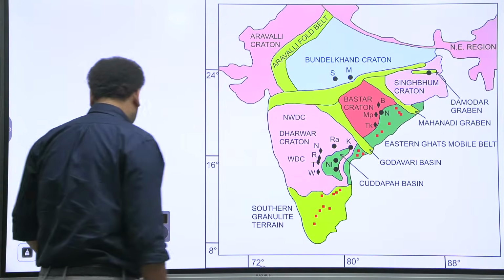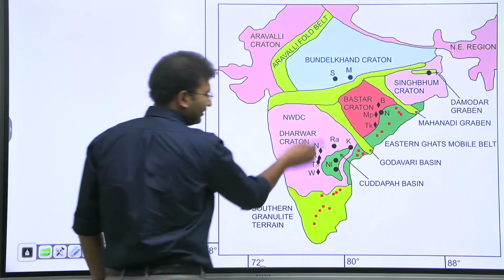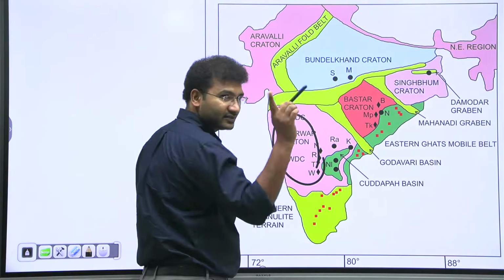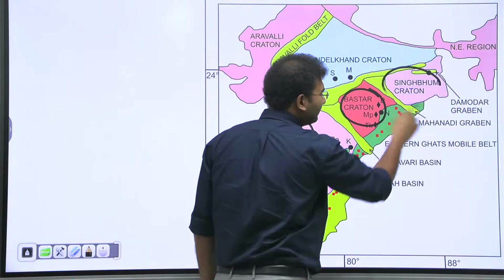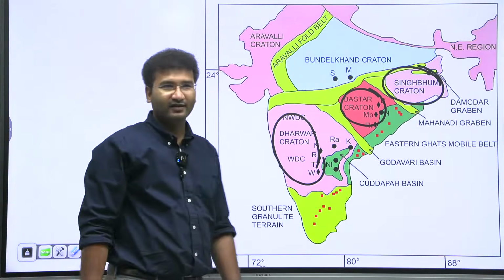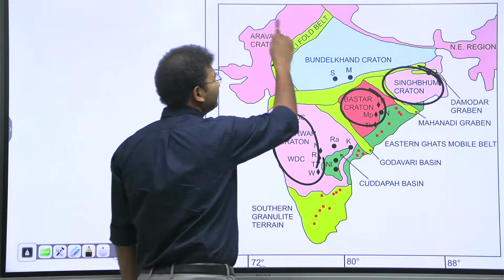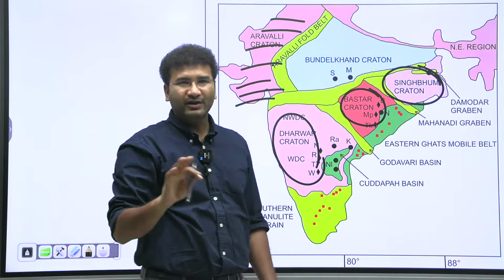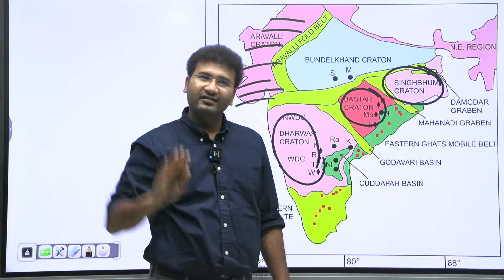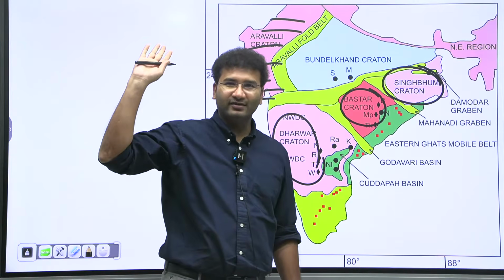See here, these are the areas where you will find minerals. In Karnataka, you will find minerals. In the Bastar region, you will find minerals. And the Singhbhum Craton is nothing but Chota Nagpur, right? And the Aravallis, these areas, because of marine regression and marine transgression, don't have many minerals except copper. You might have heard about the ancient times.